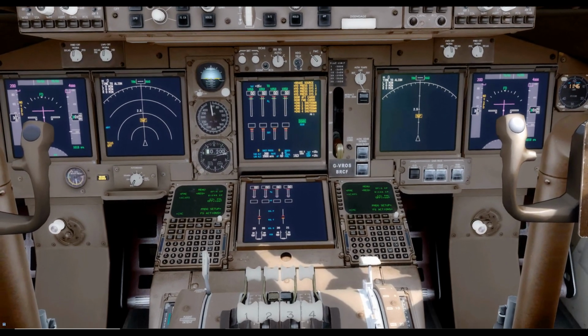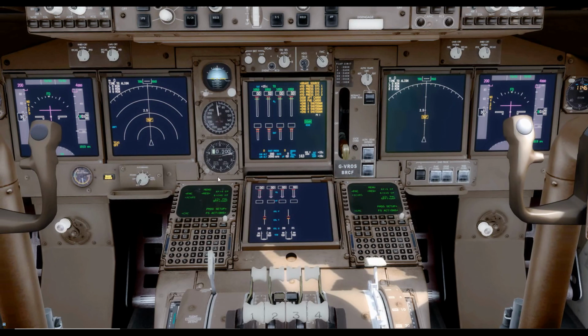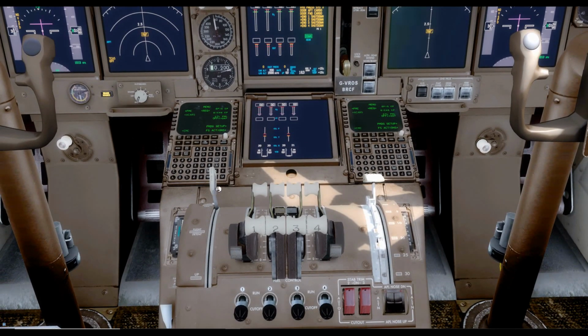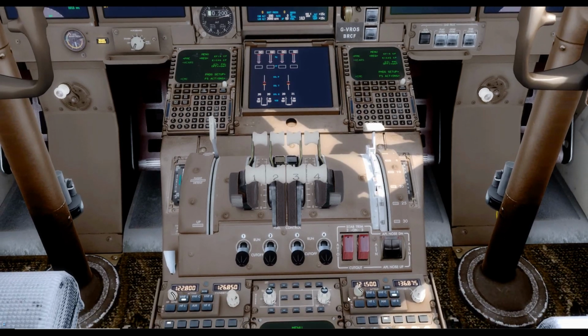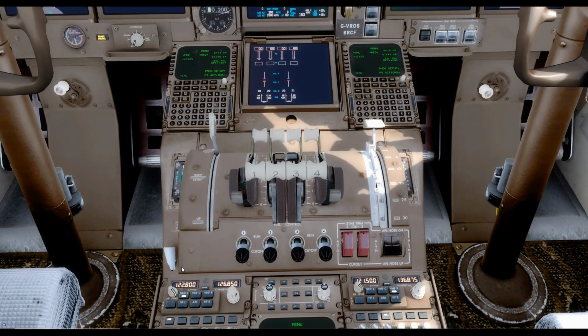We can then move down to the pedestal. We're going to leave the flight management computers for the moment. Going to make sure that the speed brakes are in the down position. Thrust levers are closed in idle, and the reverse thrust levers are stowed. Fuel cut-off switches need to be in the cut-off position, and the stab trim cut-out switches guarded. The parking brake should also be selected,